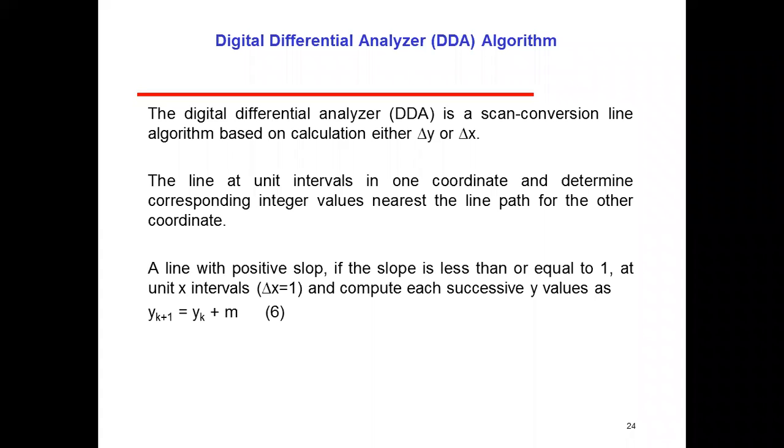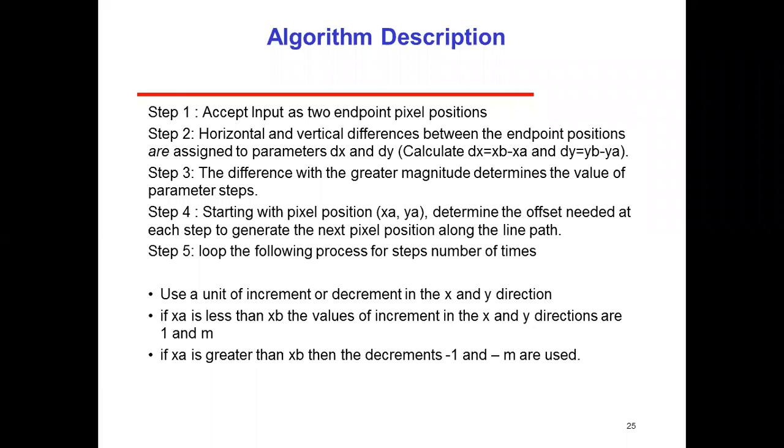So for that we can consider an example. There are a number of steps which we will use for the algorithm. Step 1: accept input as two endpoints. Here we will consider two endpoints, the initial point and the final point. And after that, we can calculate several intervals. That is, if we are aware of delta y, then we can calculate